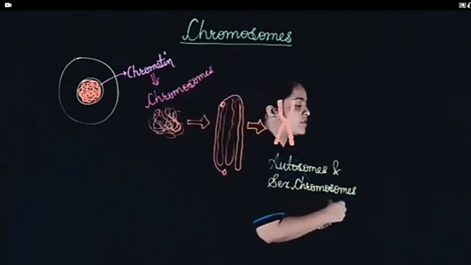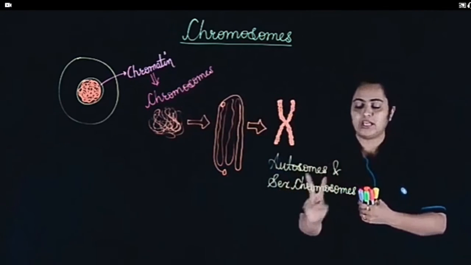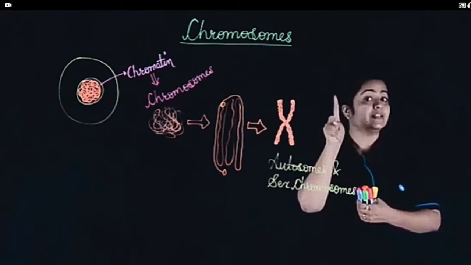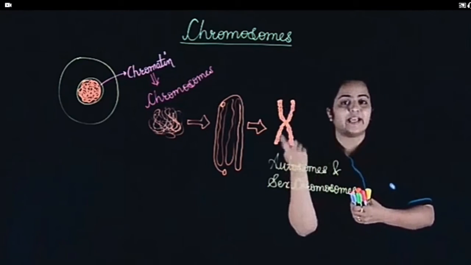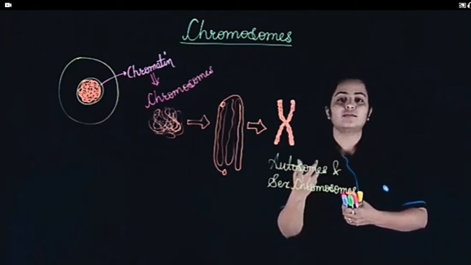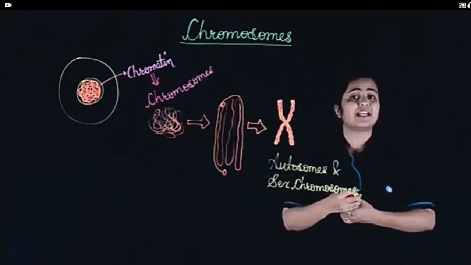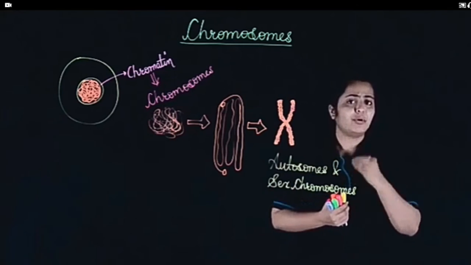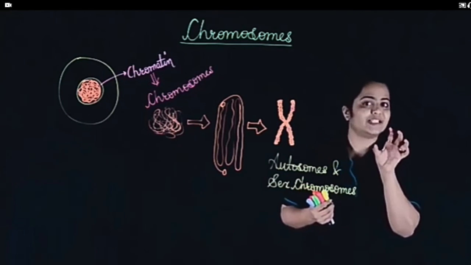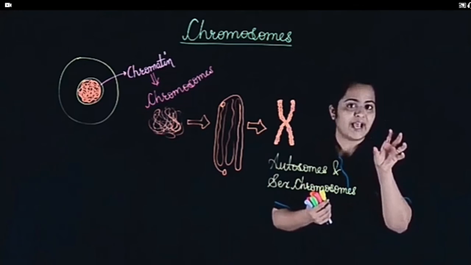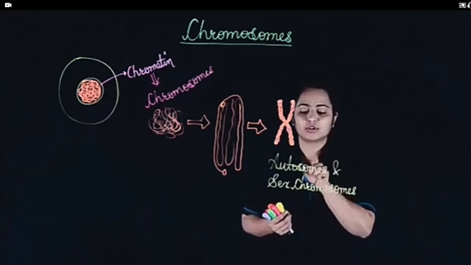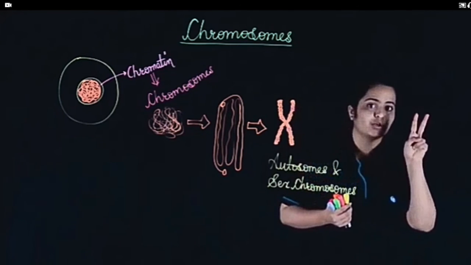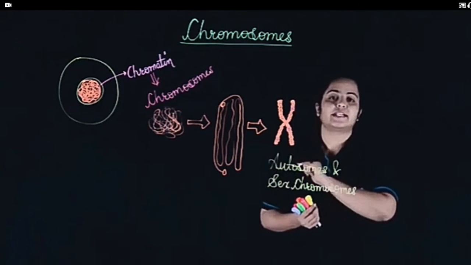Yes, sex chromosomes will always be 2 in number. Correct? In any organism, you will find sex chromosomes which are 2. That means one single pair: XX, XY, depending. Autosomes will vary in number. Why? Because every organism has a different number of chromosomes. For example, when we talk about you and me, that is humans, we have 46 chromosomes. Correct? That means we have 44 chromosomes, the autosomes, which govern the complete body, and the 2 last chromosomes which we consider to be the sex chromosomes.